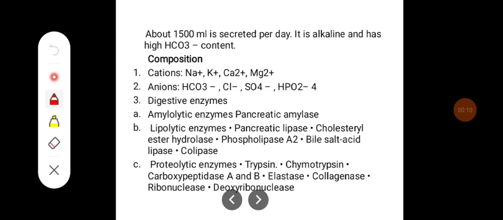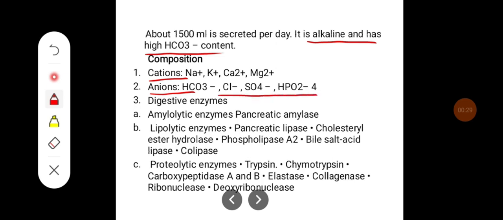Milliliters of pancreatic juice are secreted per day. It is alkaline and has a high bicarbonate content. If you see the composition of pancreatic juice, it contains cations like sodium, potassium, calcium, magnesium, anions like bicarbonates, chlorides,